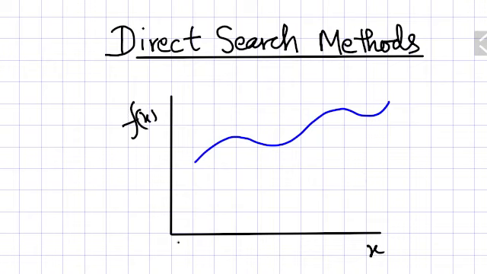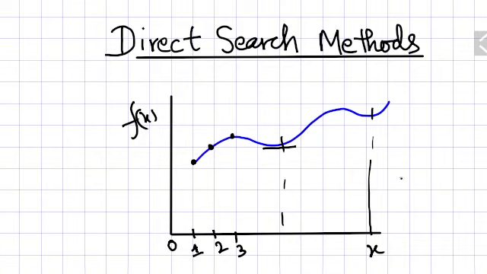What we do here is that we don't know where this minimum point is. So we start, let's say, from 0, then we go to point x = 2, 3, like this. We will see what the value is here, and then at 2 we will see what the value is, and at 3 what the value is. This way we search for the minimum value. So this is just a very basic introduction to direct search methods.